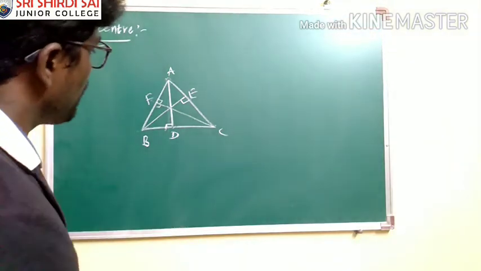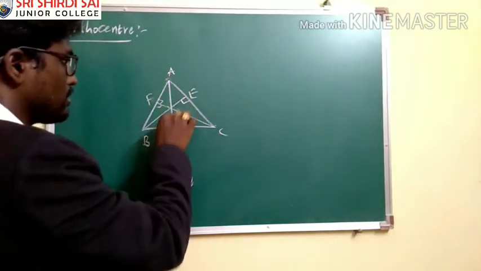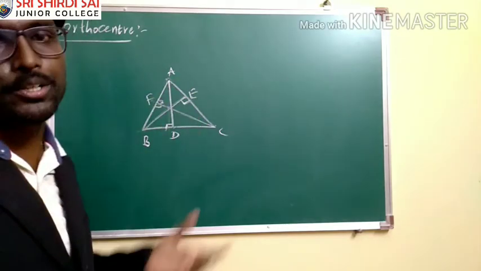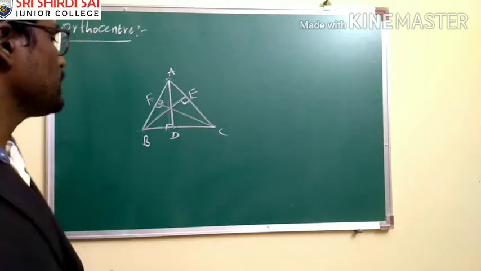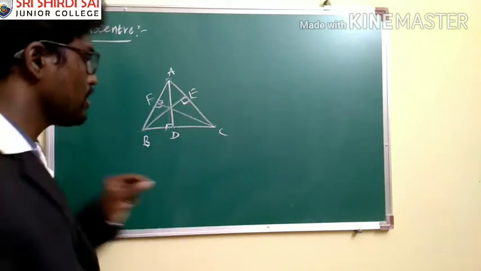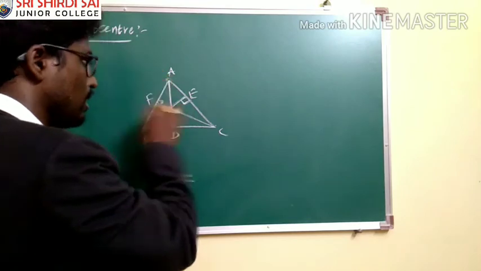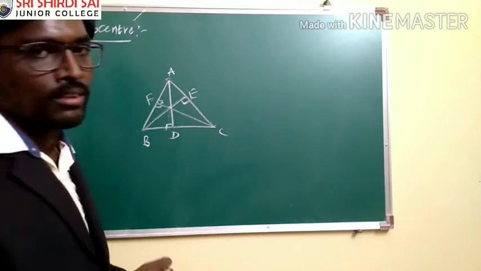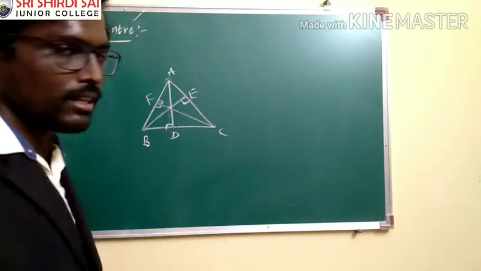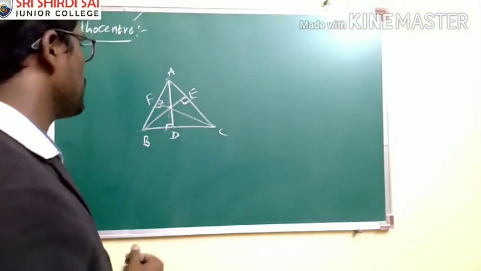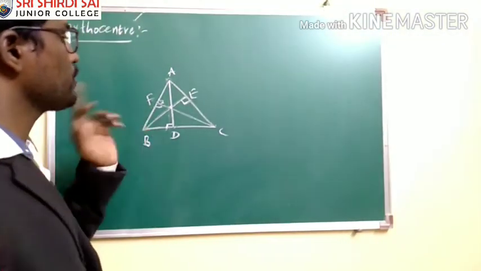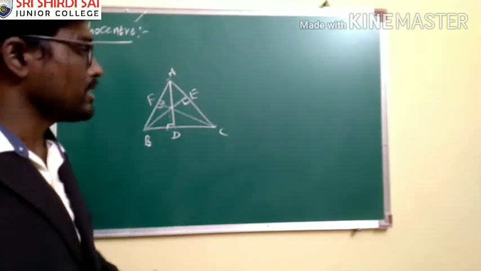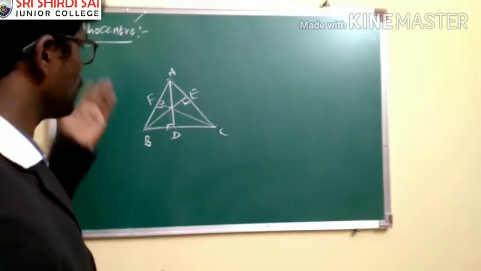Now, the point of intersection of all these three altitudes, they are going to be concurrent. Such a point of concurrence of that particular triangle is said to be the orthocenter. So now you define what the orthocenter is. The orthocenter of the triangle is nothing but the point of intersection of the altitudes taken from vertex A, vertex B and vertex C.